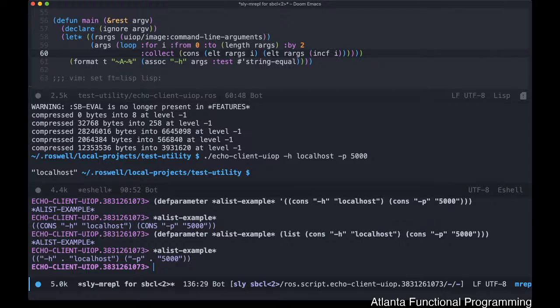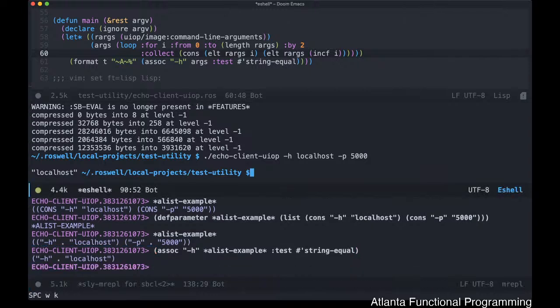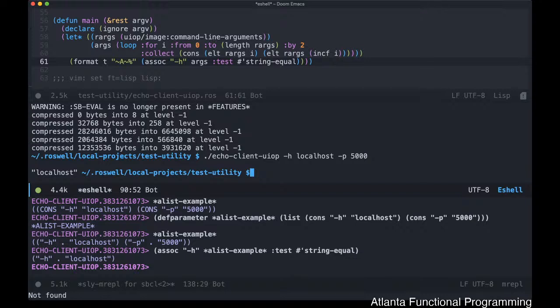Okay. So now we should be able to do this assoc dash h, which is the item that we're looking for, and we do test string equal. Okay, so this is going to give us exactly what we want. We want to get that item. All right, and that will give us essentially the dotted pair of all the things. All right. So now if we go ahead and run this,